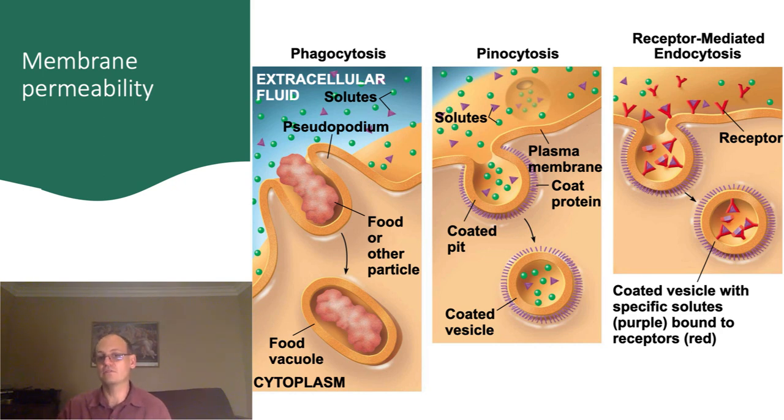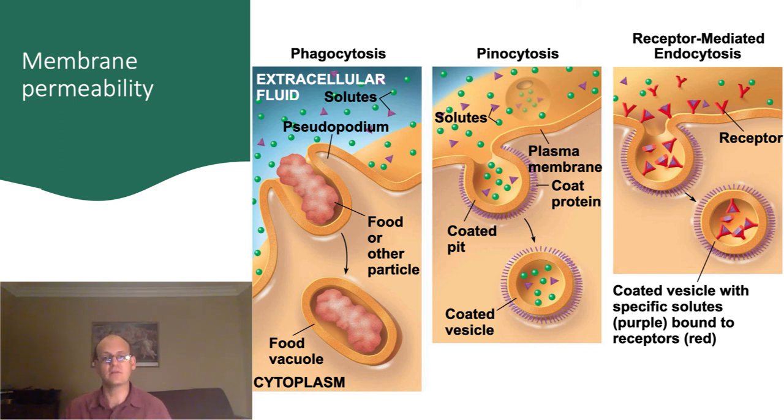There are several ways in which materials are brought into a cell in bulk. In phagocytosis, very large materials can be brought in. Pseudopodia, or false feet, extend from the cell surface around the food item and eventually engulf it. This happens through extensions of the actin filaments of the cytoskeleton that we looked at in a previous presentation. After the food item is ingested, it's sequestered into a food vacuole until it can fuse with a lysosome, which contains digestive enzymes to break the food down.